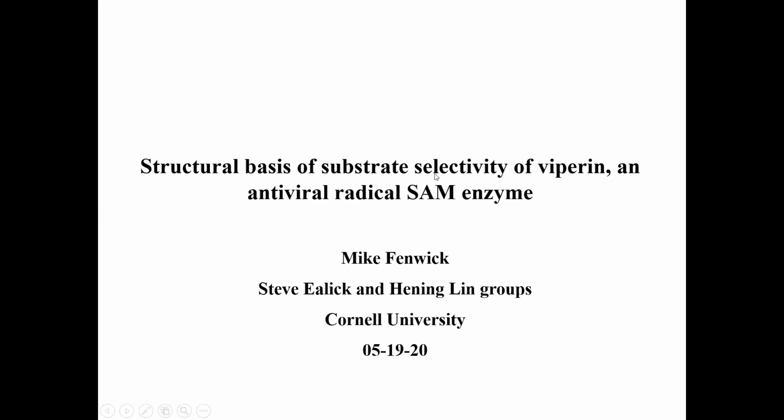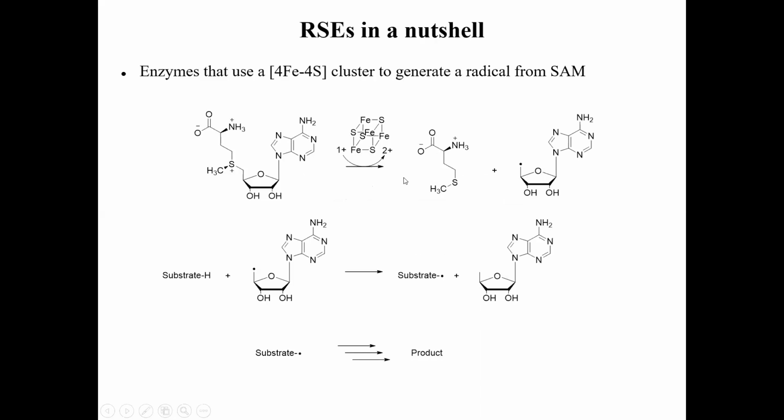antiviral radical SAM enzyme. So radical SAM enzymes use a 4-iron 4-sulfur cluster to generate a radical from S-adenosylmethionine, or SAM. Typically, SAM undergoes reductive homolytic cleavage of its C5'-S bond, forming methionine and a 5' deoxyadenylyl radical. That radical then typically abstracts a hydrogen atom from a target substrate, producing a substrate radical, which then undergoes radical-based chemistry in the active site to form either a product radical, which is then either reduced or oxidized to form